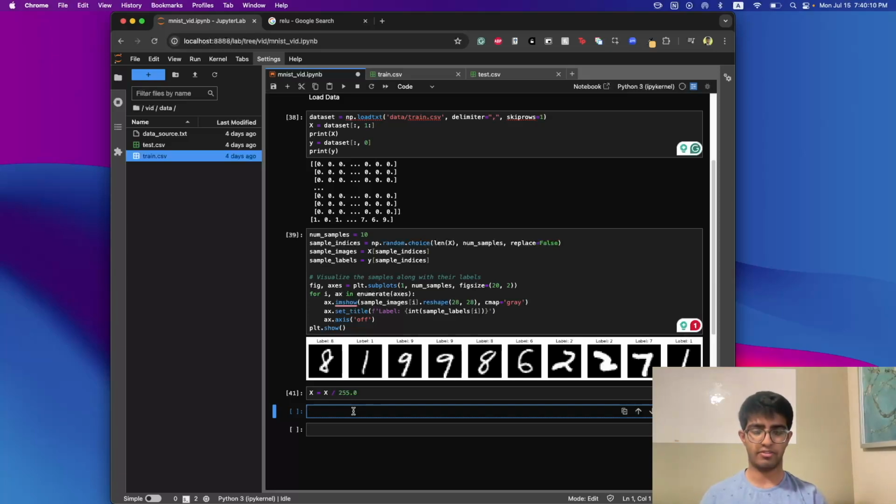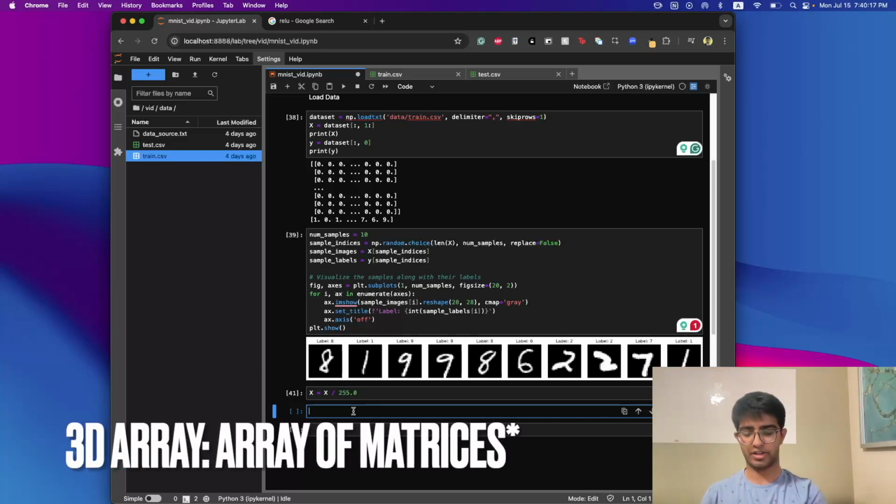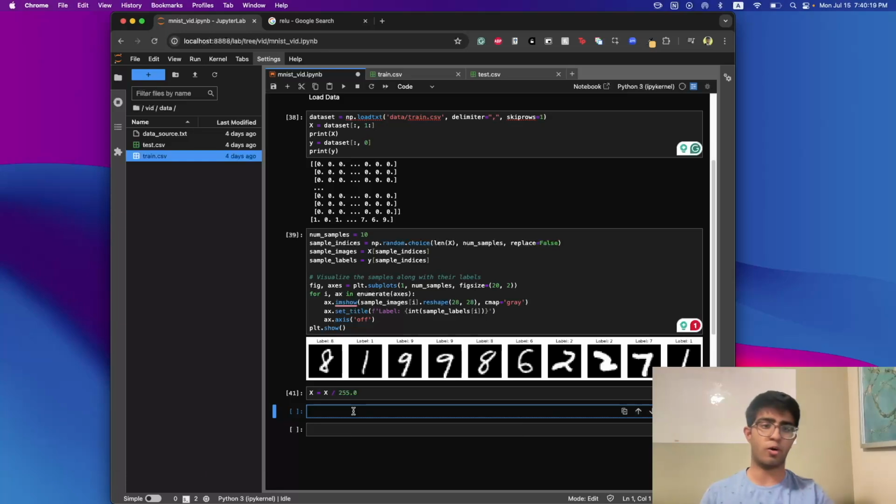You can also have a 2D array, which is a matrix. And you can have a 3D array, which is an array of arrays, and so on, theoretically infinitely, for n dimensions. So a tensor is just going to be an optimized matrix, an n-dimensional matrix,